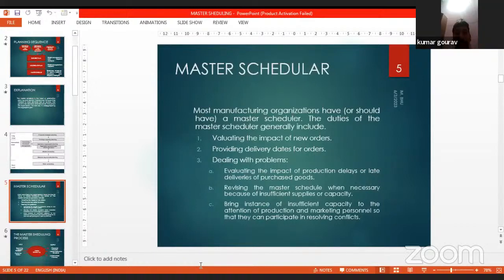And then dealing with problems. What all problems will come in the way, you have to deal with it. Whether you are deviating from the planned way, or revising if it is necessary, if insufficient supplies or capacity is there. So all these things the master scheduler has to do. He has to see that whatever is the demand, it is being fulfilled in the most effective and efficient way.